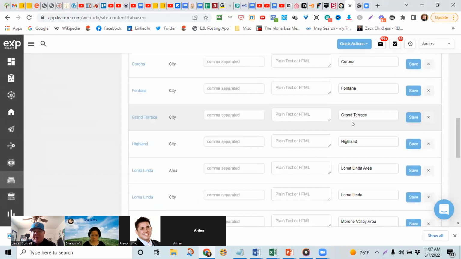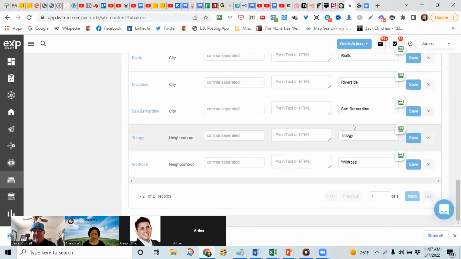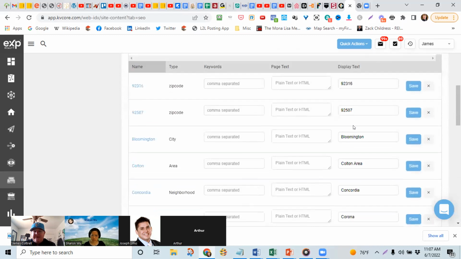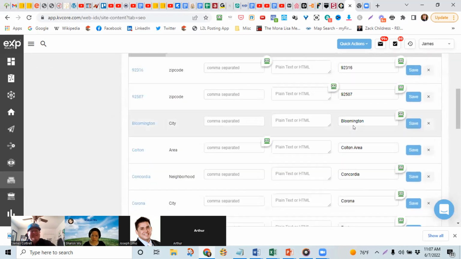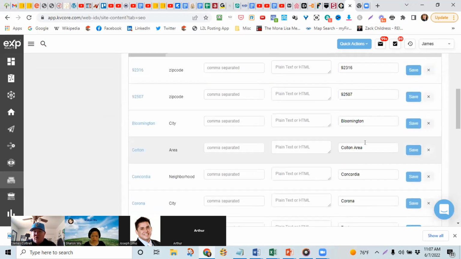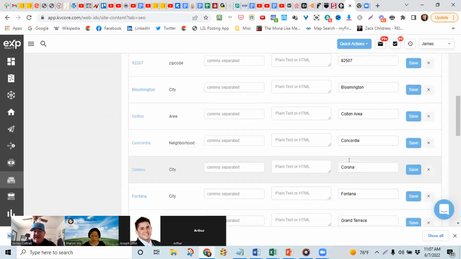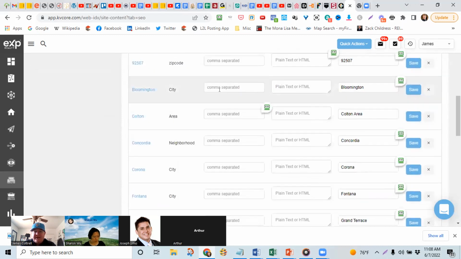If you've never edited these in your site, all of the links for California under our umbrella will be the same as the California EXP site. If you want to get rid of one, you can just hit the X, or you can type in the areas, cities and zip codes that you want.